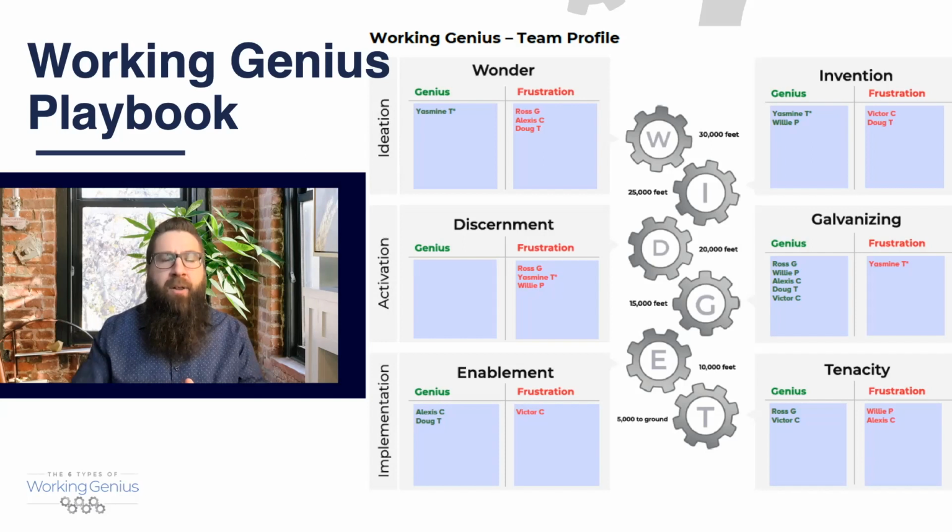But when we consider this map and the fact that there's only one person with Wonder, this team is going to want to ask, hey, are we tapping into our leader's gift? Especially if Yasmin wasn't the leader, that question would be that much more important to ask. Hey, do we have her questions of potential? Are we asking her what she's seeing and where she's seeing need for improvement and some change? Because you know what Wonder does, it really helps us to make sure that our inventions, our solutions, and what we're doing are actually relevant.